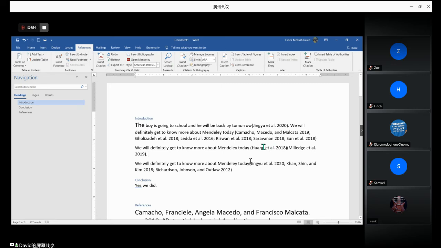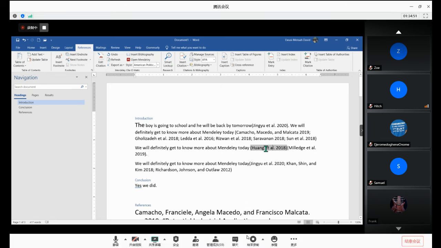So let's say I have this particular one, and I want to edit it. I have already inserted the bibliography. I can just click on insert, and click on the insert. It will open a small window that you can just click on the name, and it's going to show a